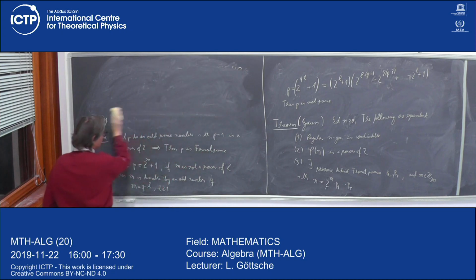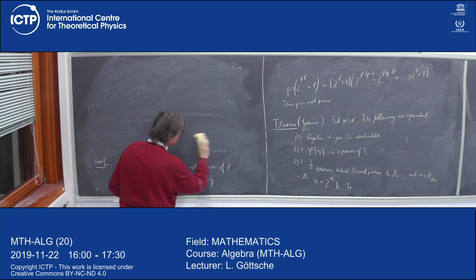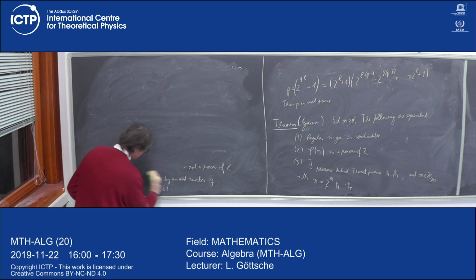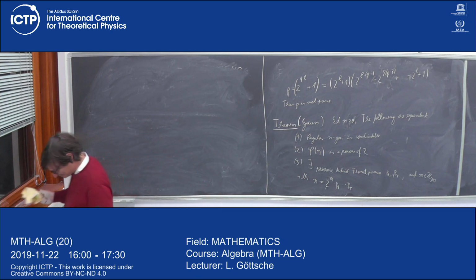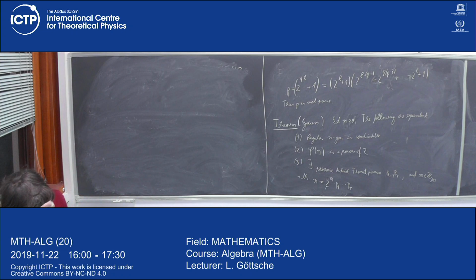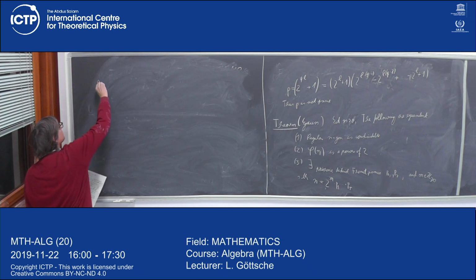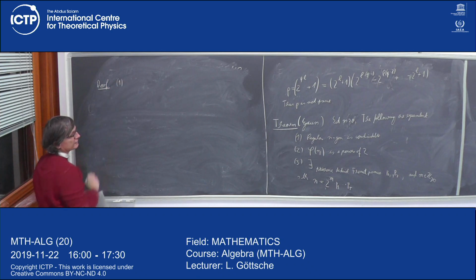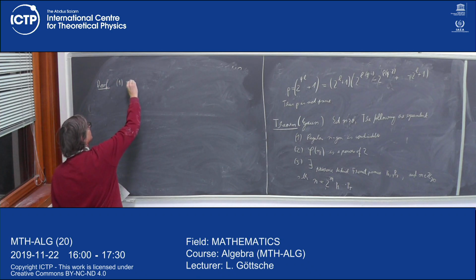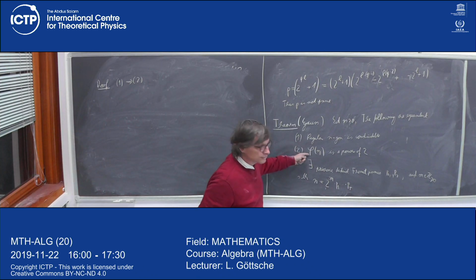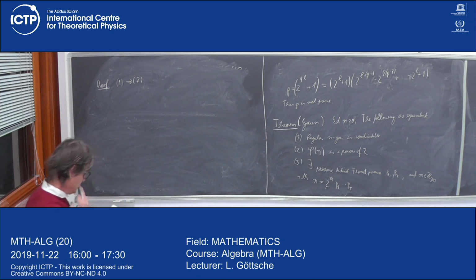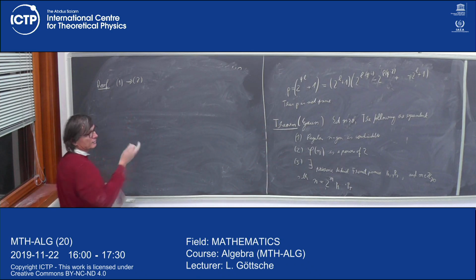It's actually not very hard. Okay, so let's look at the proof. I will not give a complete proof, but I will give some of the ideas. So all these three things are supposed to be equivalent. Let's go from 1 to 2. If we have a regular n-gon, then phi of n should be a power of 2. That's almost trivial, no? Because by what we said before,